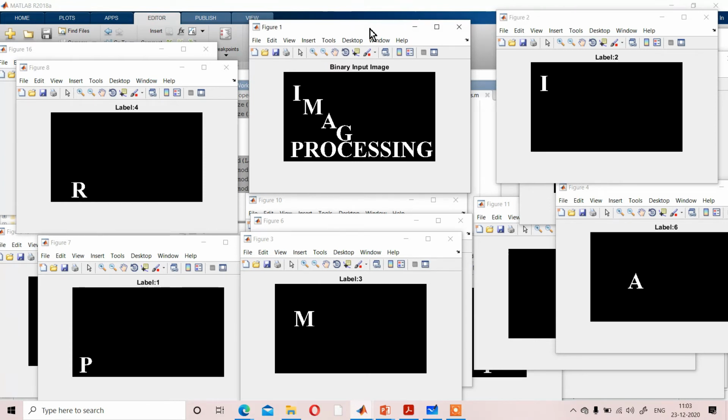I am considering one input, image processing, written here like that format. So you can check that each and every letter, I, M, A, G, E, P, R, O, C, E, S, S, I, N, G, each and every one is a separate region. So whenever you run the code to extract the connected components, it will consider each and every region as